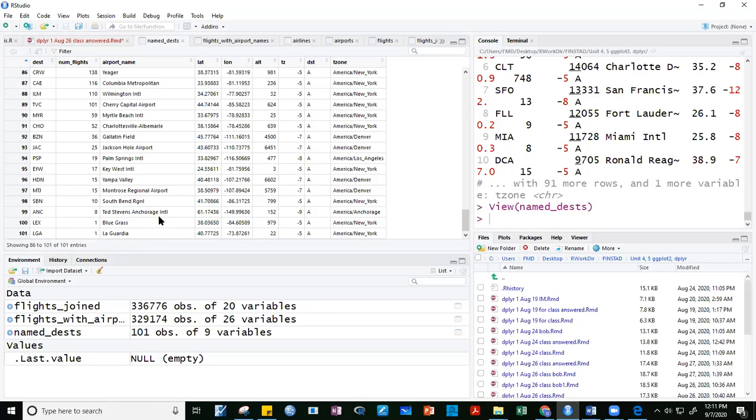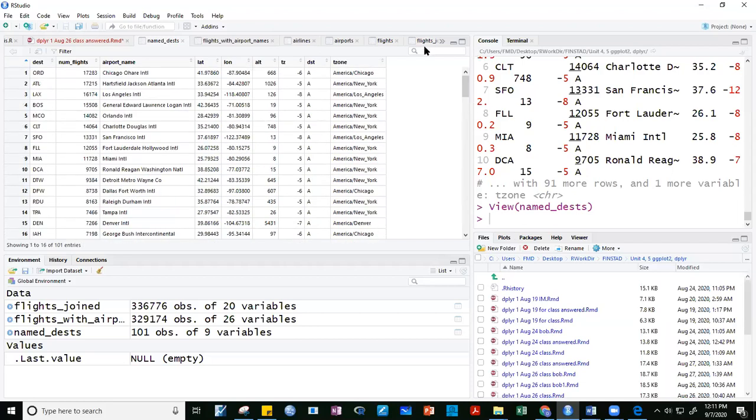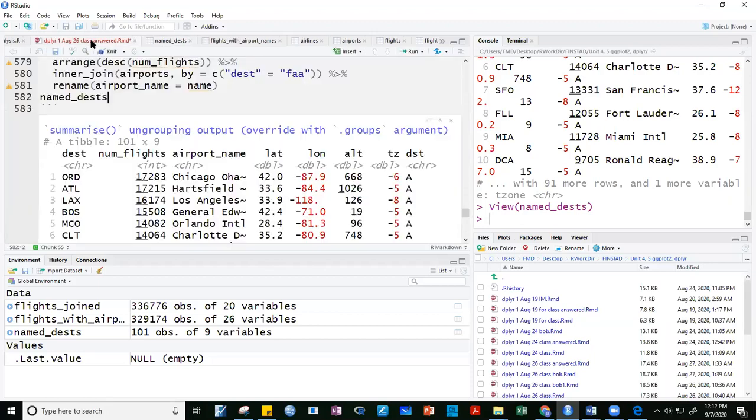Anchorage, this is Alaska, no? So, konti lang yung mga flights from New York going to this. Ito yung mga konti kasi we had arranged this in a descending order. So we can see that yung top 10 nila, top 10 flights are going to Chicago, Atlanta, Los Angeles, Boston, Orlando, etc., no? San Francisco, with a big chunk of the flights going to Chicago. Okay, so again, guys, tingnan natin